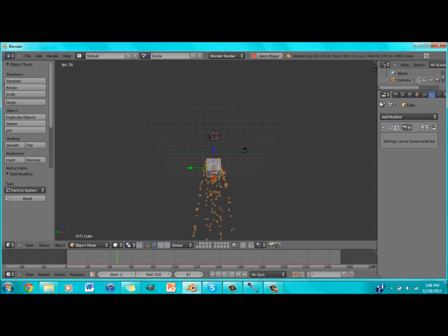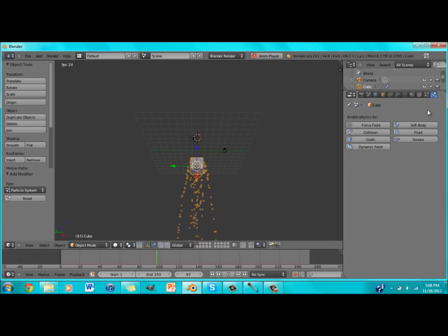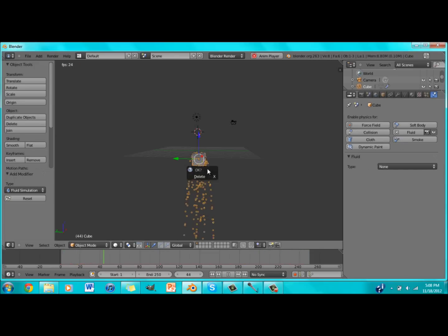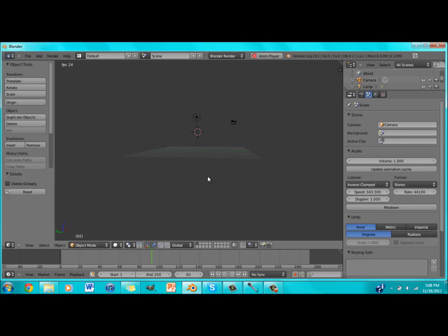I mean, you can change a lot about the fluid, but it doesn't really do much. You can change the type of it, anything you really want. I don't know, my monitor seems to be a little screwy right now, so